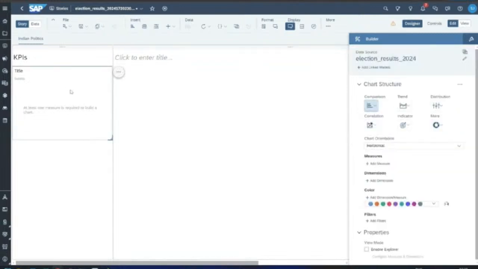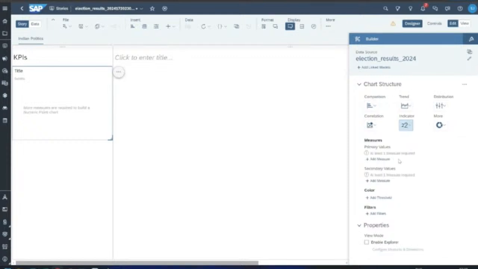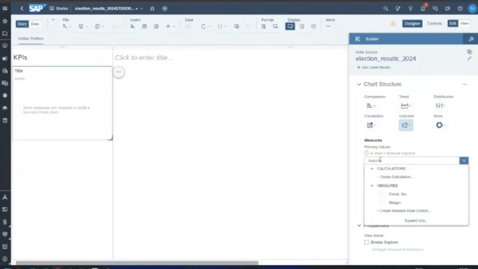So I click here, and now I want to choose a chart of type numeric point chart, and then I will add a measure. I want to know the count of the number of constituencies where elections were held, but I don't have that data available because it is not there in our data set. So we will create a measure dynamically.